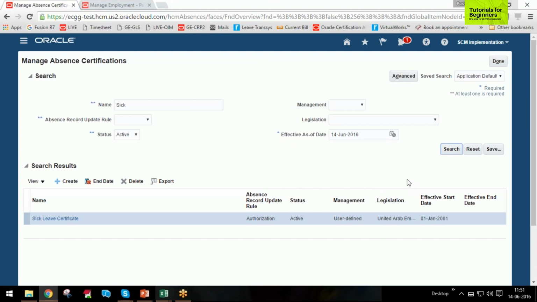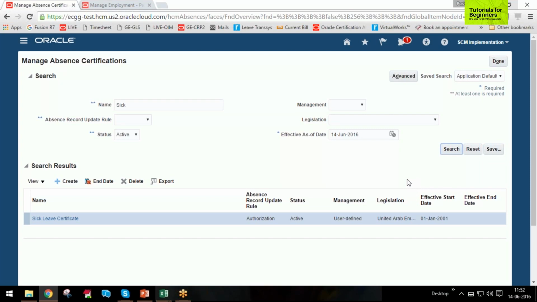So now our next step will be the absence plans. If we compare it with EBS, in EBS we had only the accrual plans, and we had things like statutory sick pay, statutory maternity pay, SMP and SSP, all of which were very specific to the legislation. So now what Oracle has done is made it global and combined everything into an absence plan. In absence plan we have various types, three different types of absence plan,